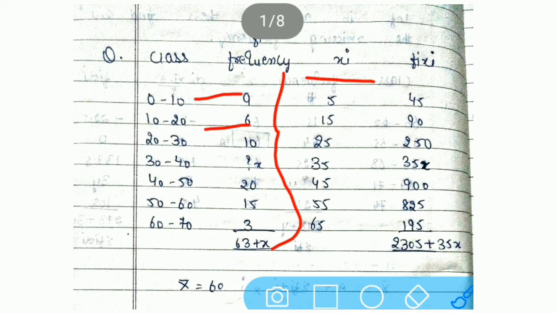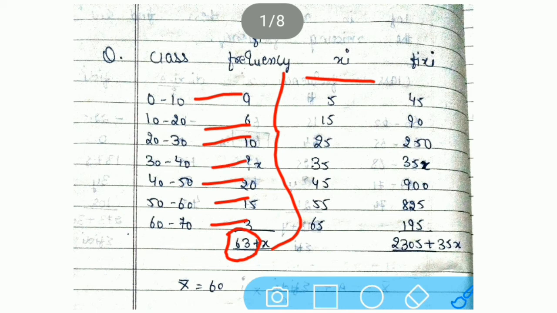So 9 plus 6 plus 10 plus x. Now see, x is to be put as it is. Why? Because there is no value there in the frequency. So 9 plus 6 plus 10 plus 20 plus 15 plus 3. Now if you add all these values, your answer is 63 plus the remaining value x, because the x value is